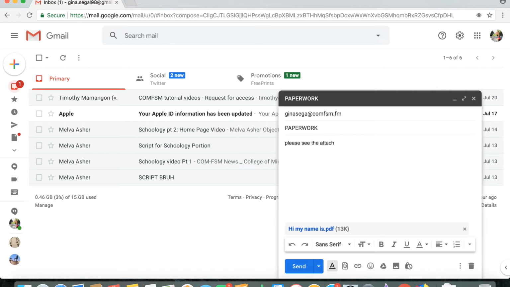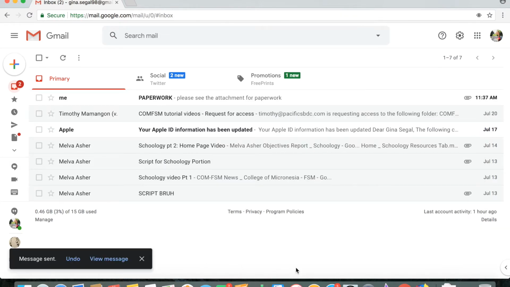Now some of you might be thinking, teaching me how to send attachments? What? Why? That's like the easiest thing to do. That may be true, but in some cases, sometimes the instructors don't always receive the attachments, just the email. Many of the students tend to skip over the loading process. If the file does not load, the attachment doesn't exist, so make sure you let it load before you hit